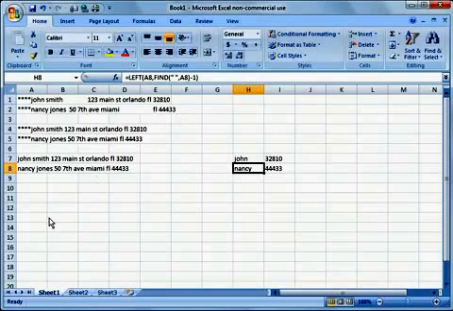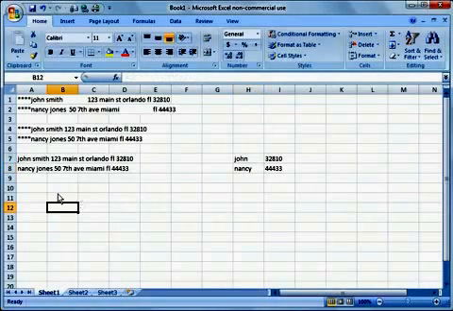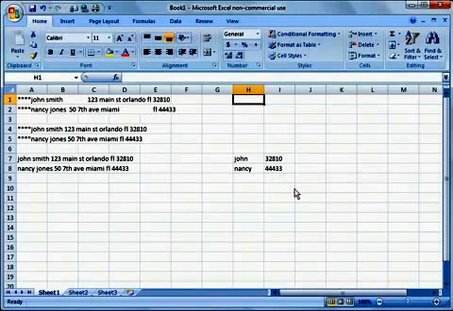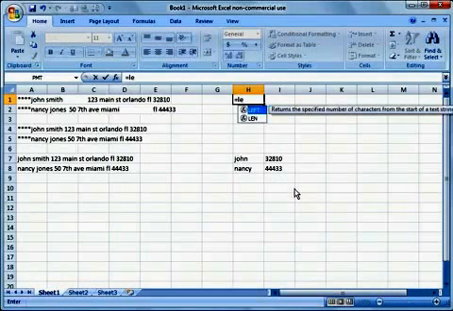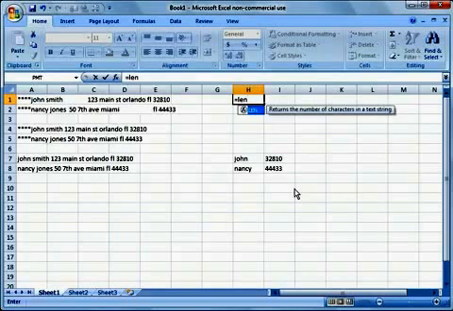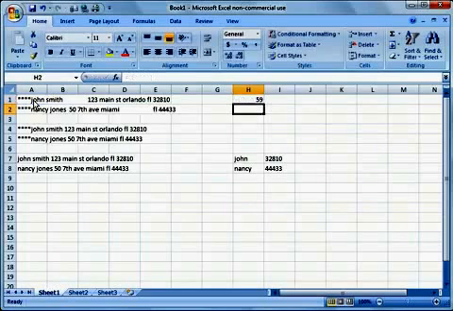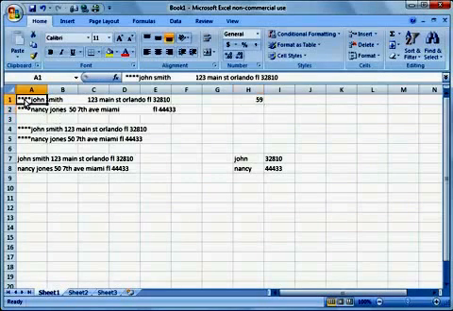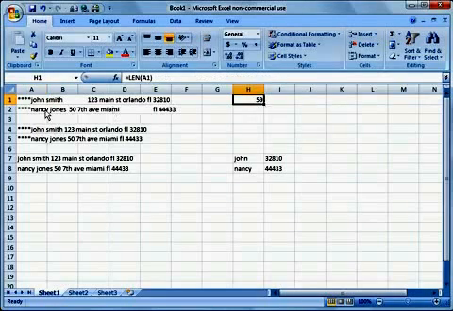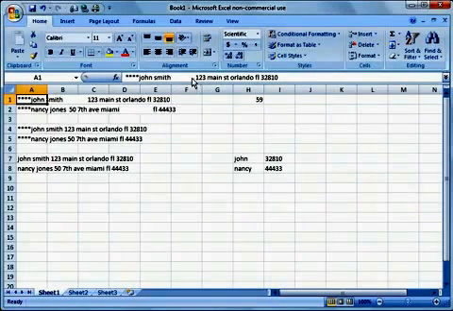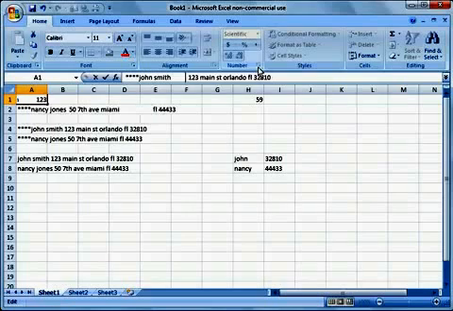And the final thing I want to show you in this lesson is how to determine the length of a cell, the number of characters. So what we do is equals LEN, for length, hit tab, and then we can just click on the text that we want to check, and there you see 59 characters. It's important to note this includes any spaces. Okay, so if I go in here and I manually remove several spaces,